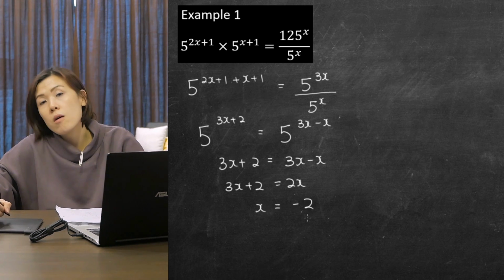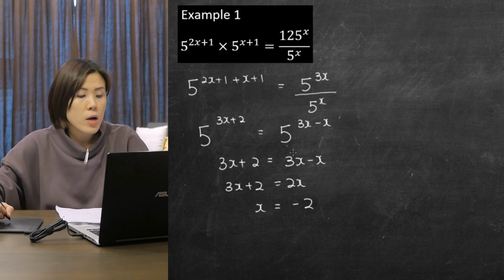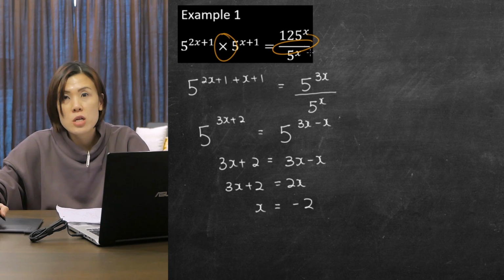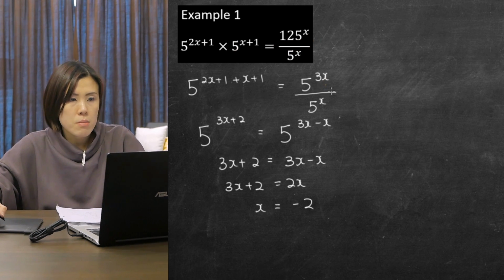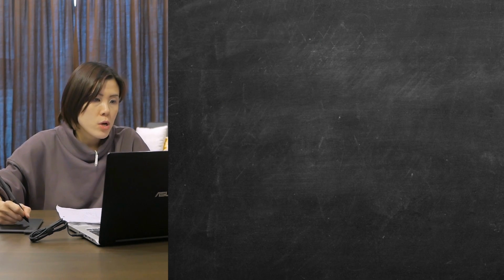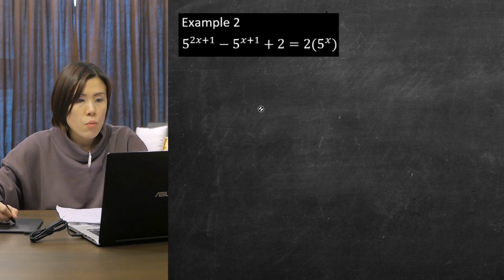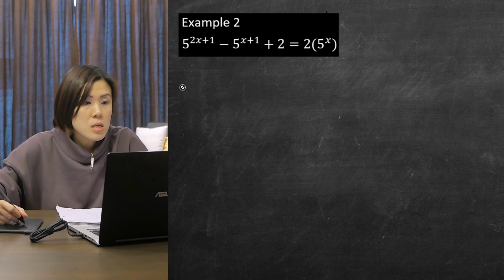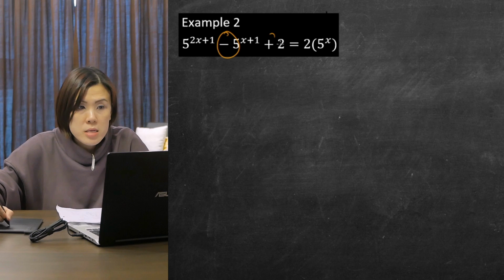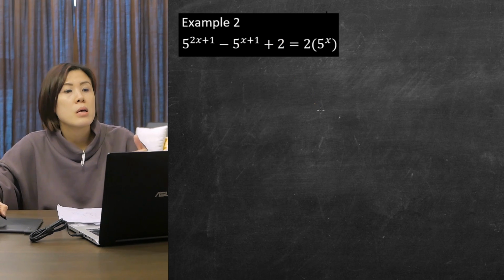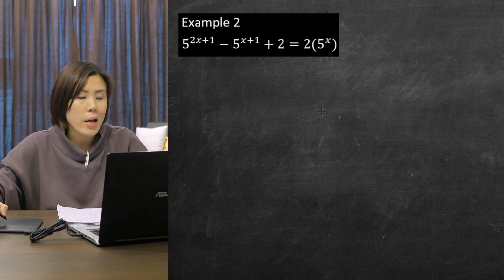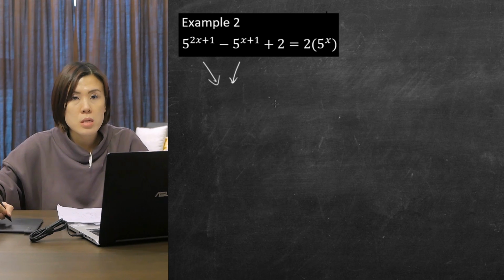So this is the idea of solving equations that involve multiplications and divisions between the indices. Next, I'm going to show you the equation which involves additions and subtractions. You might be thinking of using the same way I solved the equation in example 1. You might be thinking to combine these two indices as one,